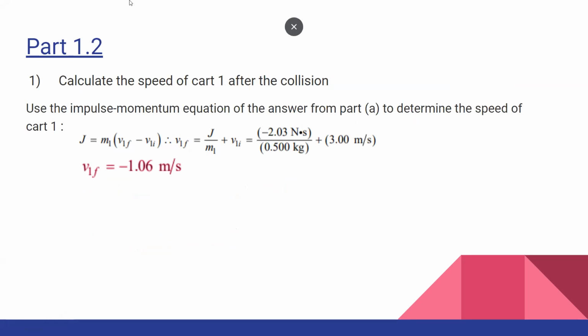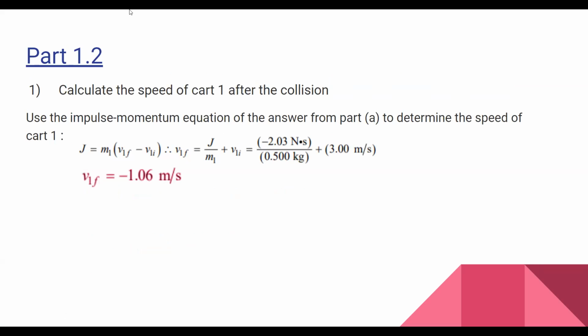Okay, the next part is to calculate the speed of cart 1 after the collision. Now, how you would do this is that you would use impulse momentum. Impulse momentum is basically just saying that your total impulse is your change in momentum. And momentum is mass times speed. So here, since we're just trying to find the speed of cart 1 after the collision, we are trying to find the total impulse that's delivered on cart 1, which was basically what we found earlier. That J value we found earlier is the impulse